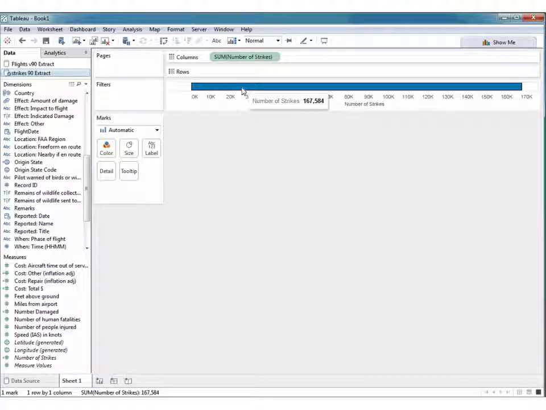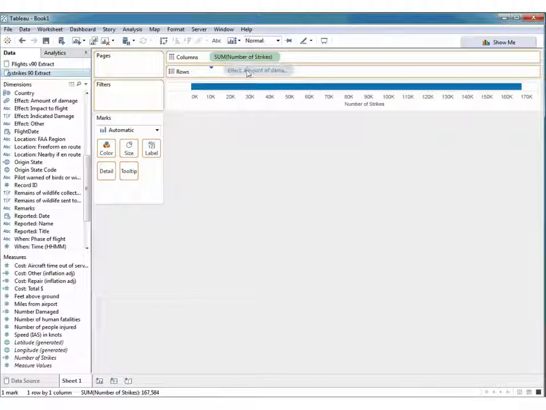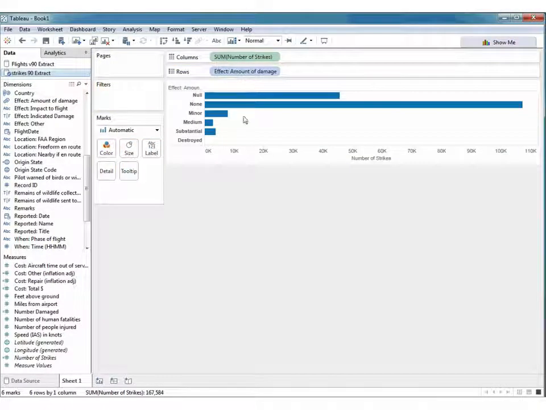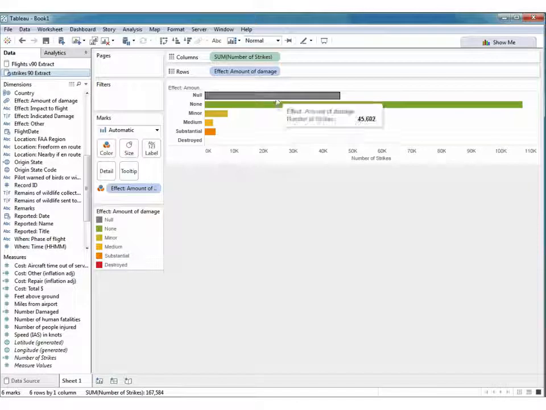And for this particular analytical question, a natural field to explore is the amount of damage. So I can drag the amount of damage and drop it on the row shelf, breaking that bar apart. And I can also drag the amount of damage and drop it on the color shelf. And what we can see here is that there are 45,000 reports where the amount of damage was null.